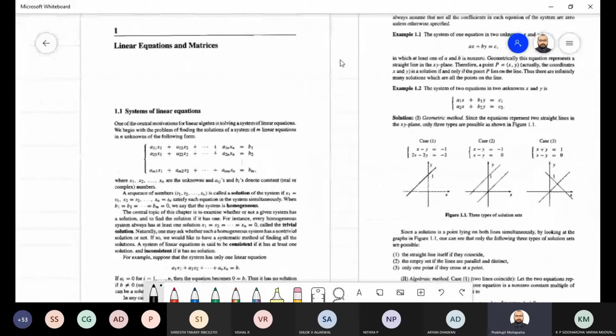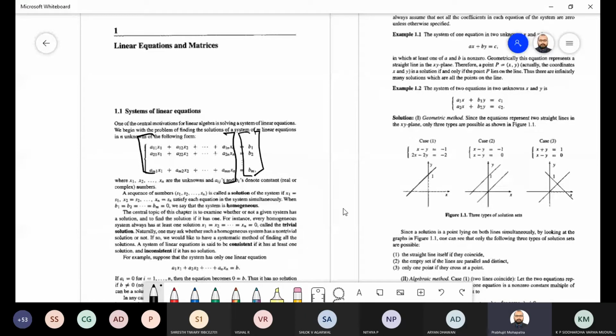A11, this is your standard equation. This is your left hand side and this is your right hand side. While writing in terms of matrix, you have to take both the left hand side and the right hand side, because if you are doing some operation on the left hand side, the same operation you have to do with the right hand side also.